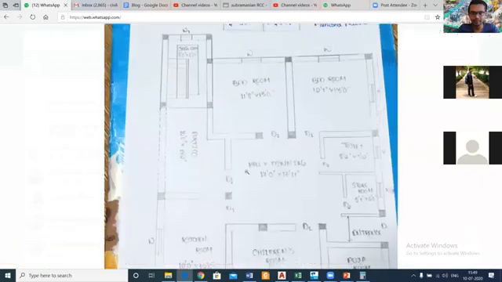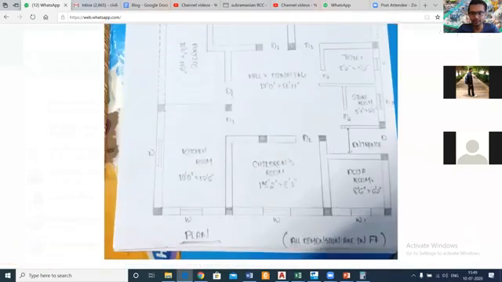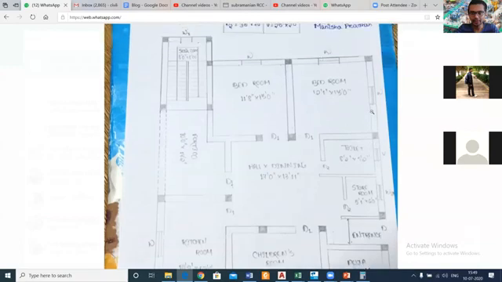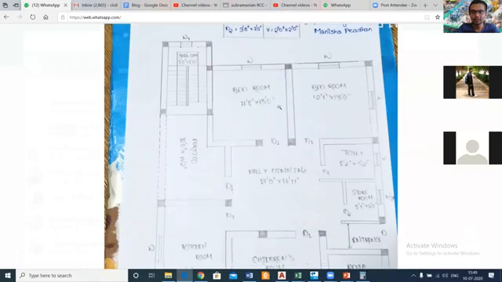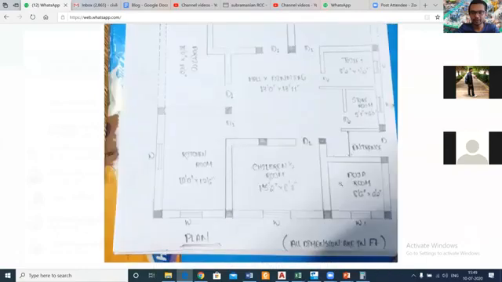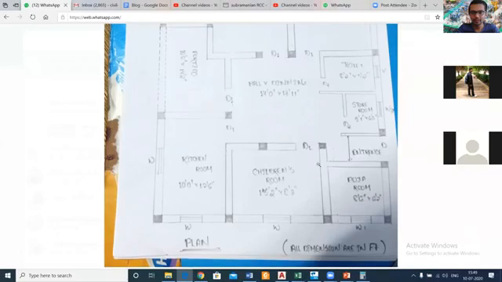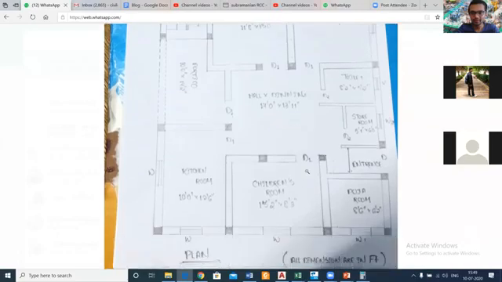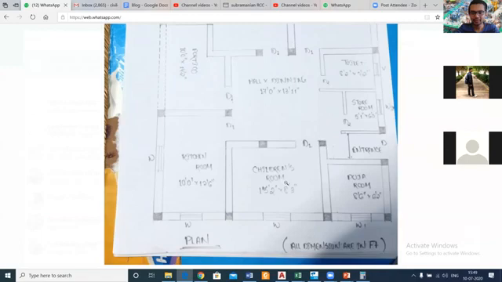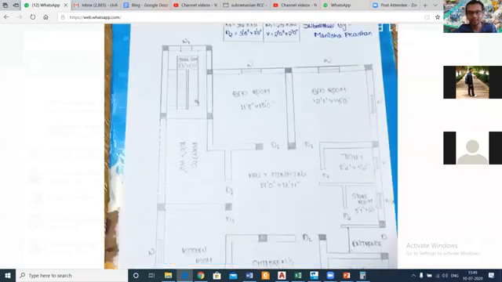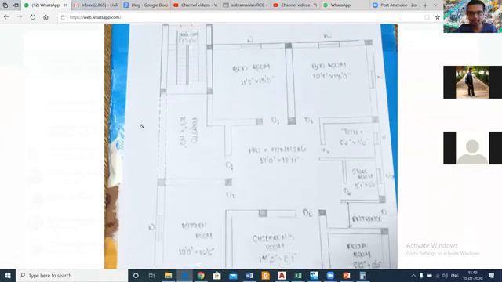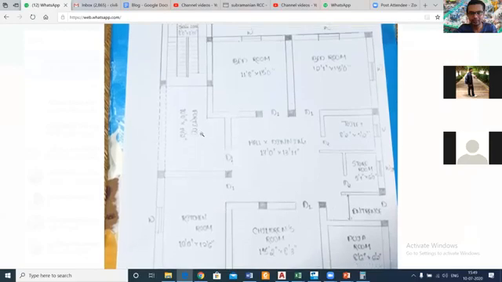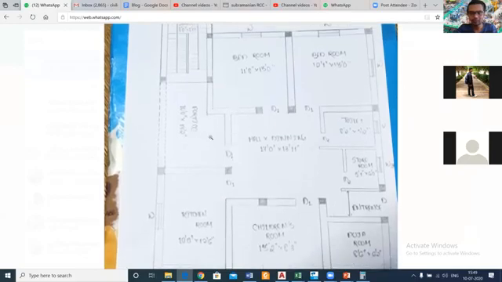So here it is. Okay, this is the house, and these are all the dimensions. As you can see in this plan, what are the components? Two bedrooms and one children's room. So that is basically a 2 BHK, or you can say it is a 3 BHK, because the children's room will also be a bedroom. So it is basically a 3 BHK plan, and we have a staircase here, and also a portico. The entrance might be towards this side, and we can keep four-wheelers or parking in this portico portion.